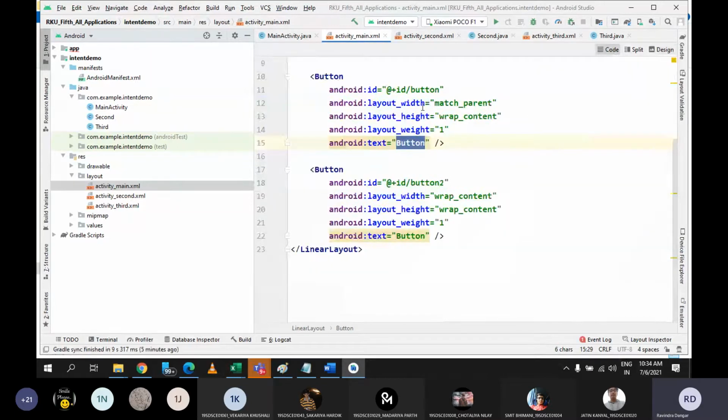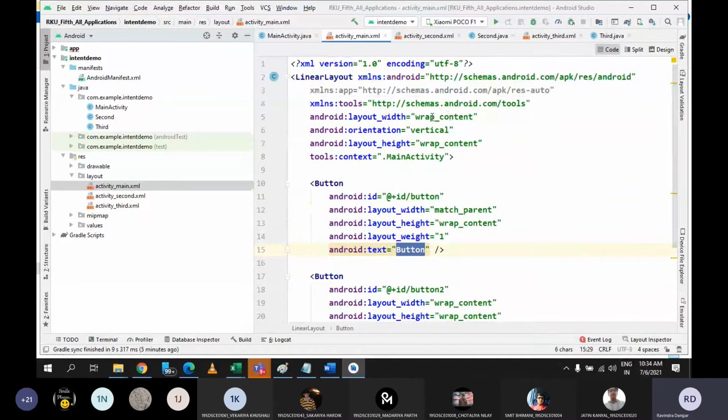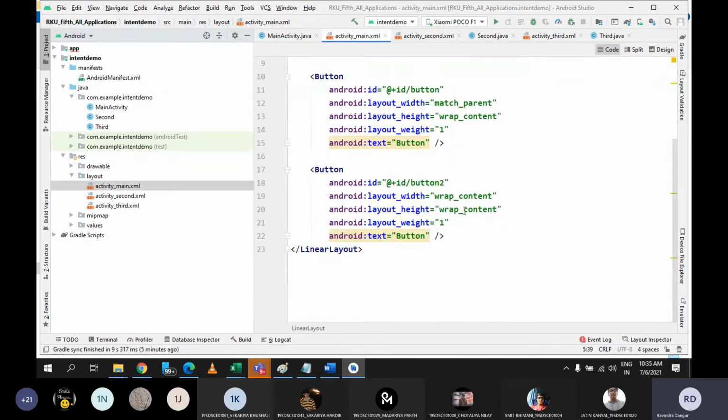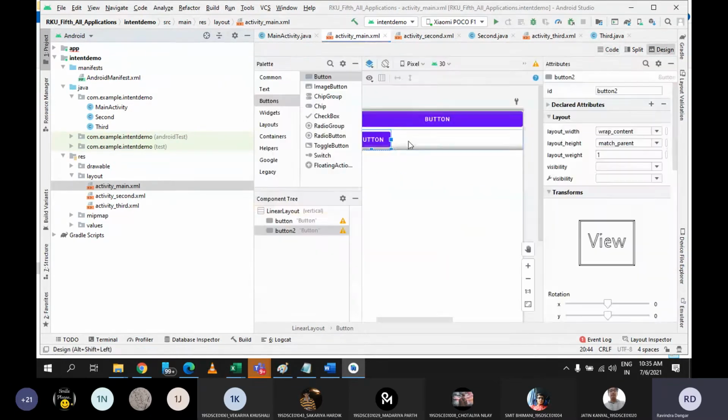But again one more thing, this layout width is also wrap content, तो उसको भी हमें match parent बनाना पड़ेगा, because I am using layout. If you don't use layout, then it is not an issue. You can see now the button is getting spread through the entire screen because I have given the match parent. Similarly for second button, if I give a match parent in the height, तो वो उसकी जो हाइट है वहां पे पूरी स्क्रीन पे वो स्प्रेड हो जाएगा.